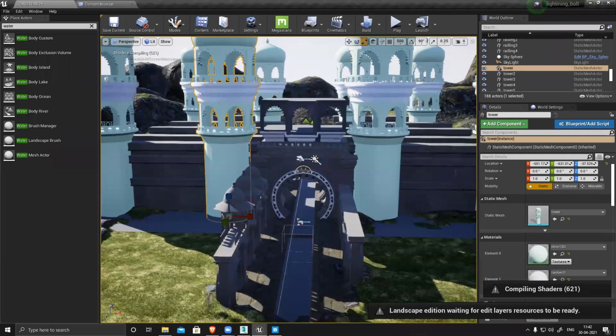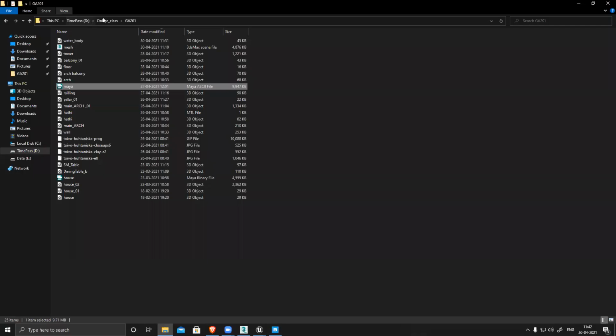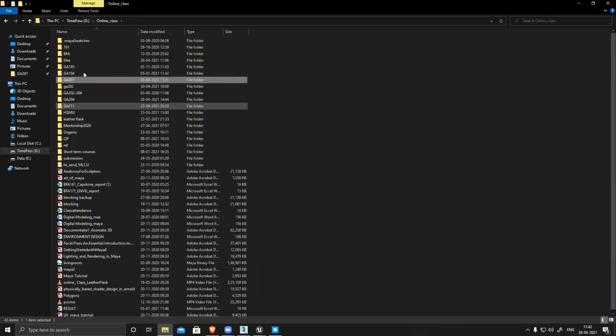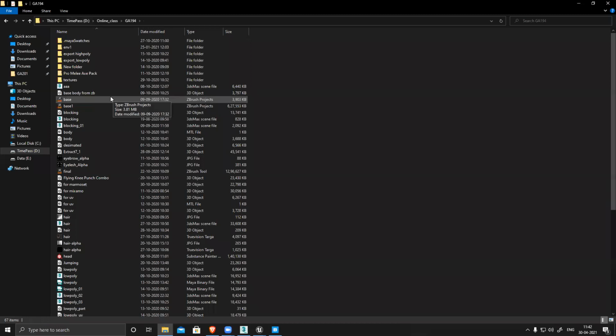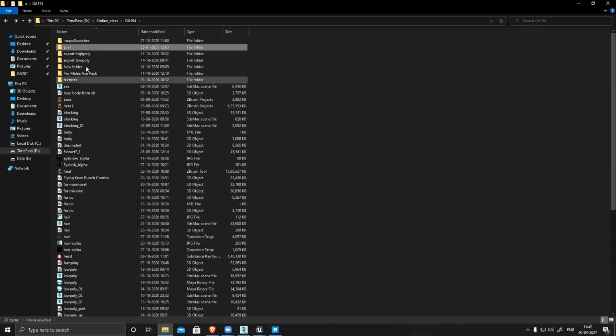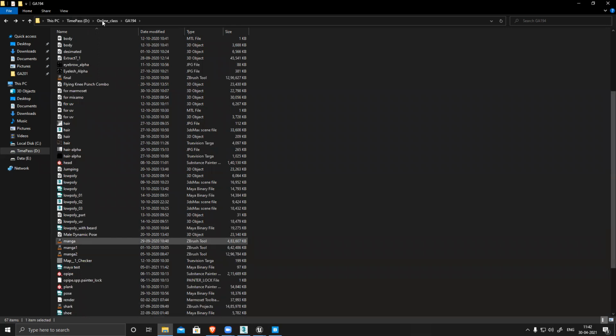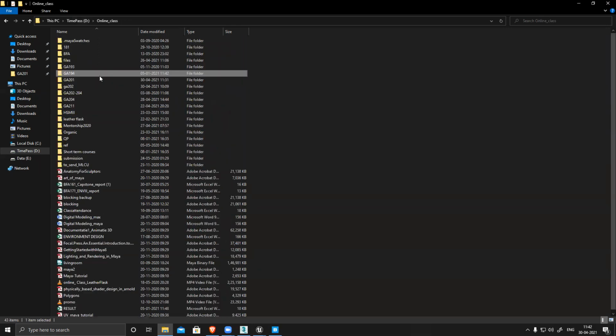Okay, I guess I have a trim sheet model. Just give me a second. I have a model. Let me show you. Use this trim sheet. No, something else. Where is this trim sheet?